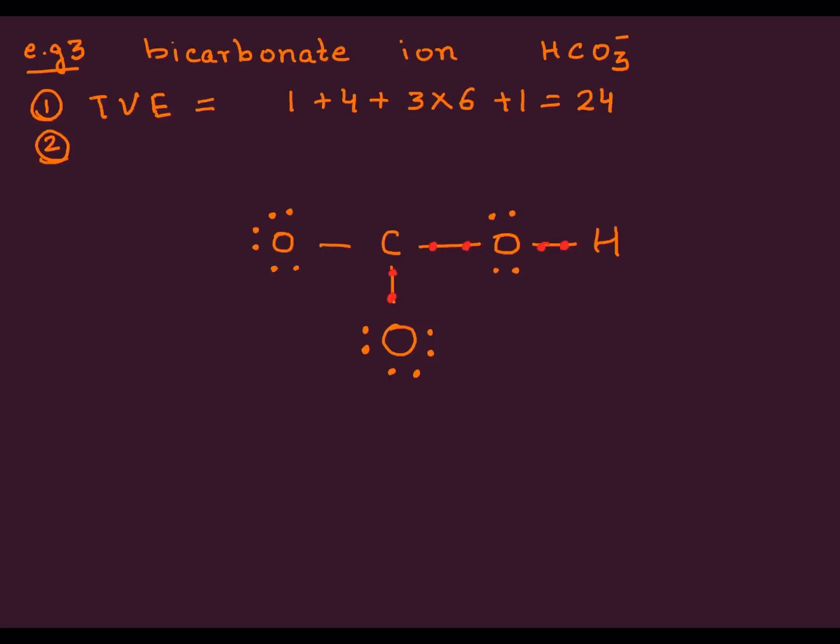What's the next step? Any remaining electrons go to the central atom. Do we have any electrons remaining? Let's see. So we have here 8, 8 and 8. 8 times 3 is 24. So all electrons are taken care of. What do we do next? We see if our host is happy or not. Does the host have an octet of electrons here? No, it has only 6.